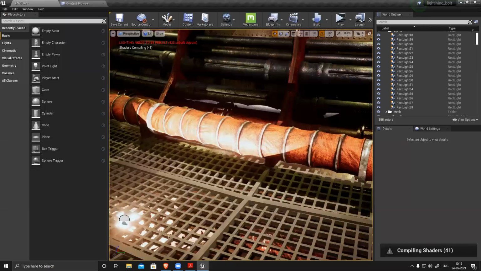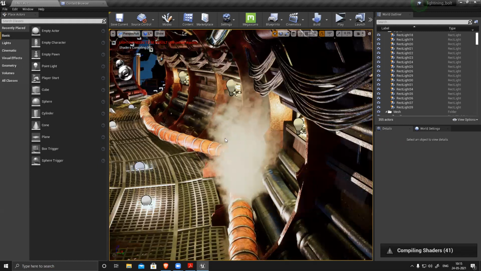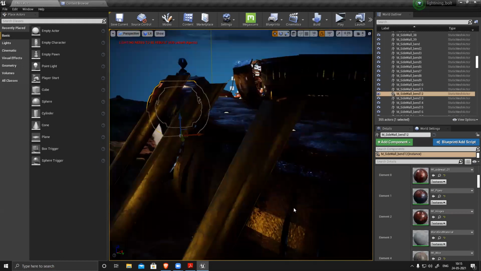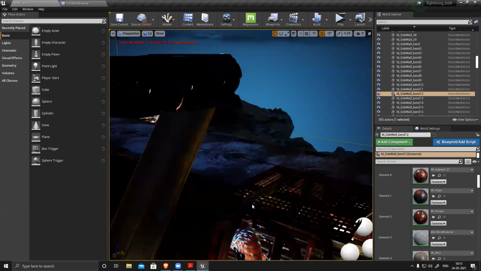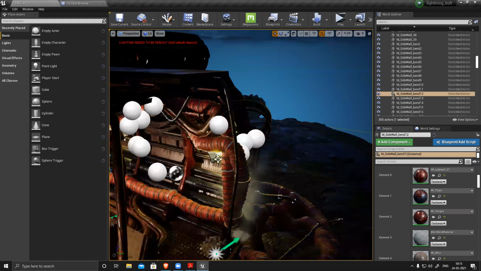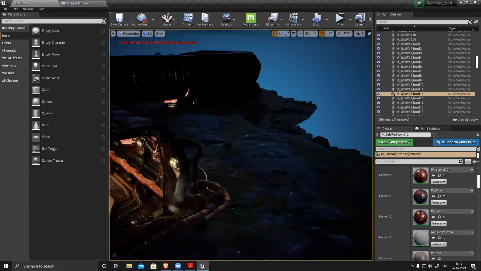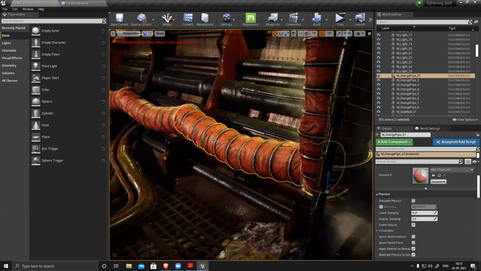This is the scene. The scene is pretty heavy. You can see the same thing repeating.